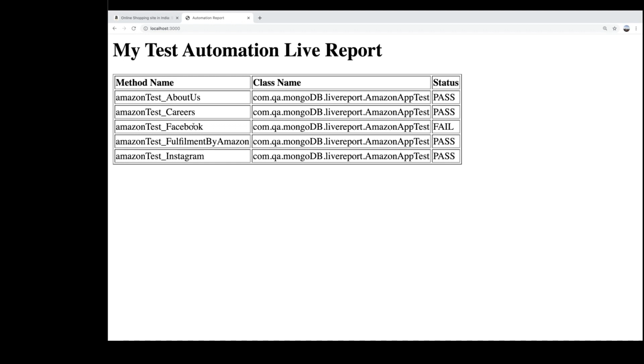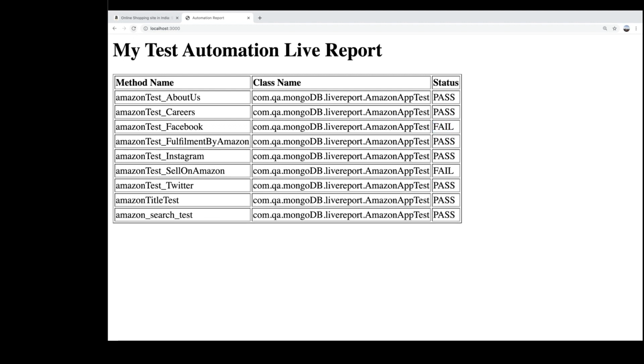The advantage is that we can see this, okay, yeah, this is failing. The moment it fails, we can take immediate action if we are getting the live report, right? Otherwise, earlier we had to wait for the entire day, or overnight and in the morning see the result. Now you can see all the test cases are coming over here. So this is the advantage of the automation live report, guys. So please utilize this particular utility.